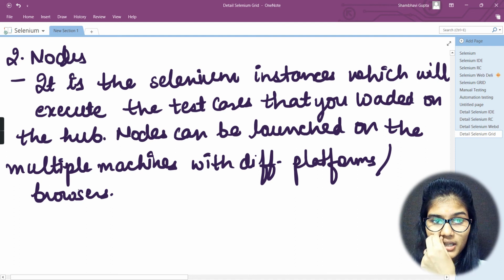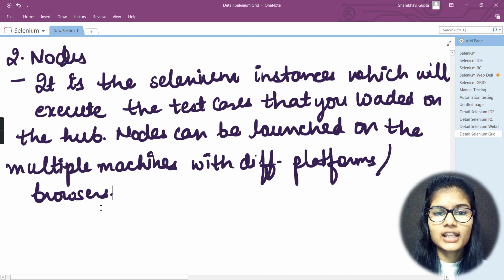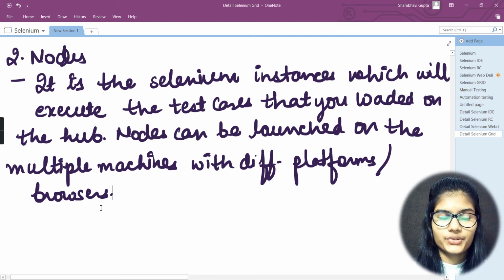So this is how the nodes actually work. They are the Selenium instances which execute the test cases that you loaded on the hub, and nodes can be launched on multiple machines with different platforms slash browsers.